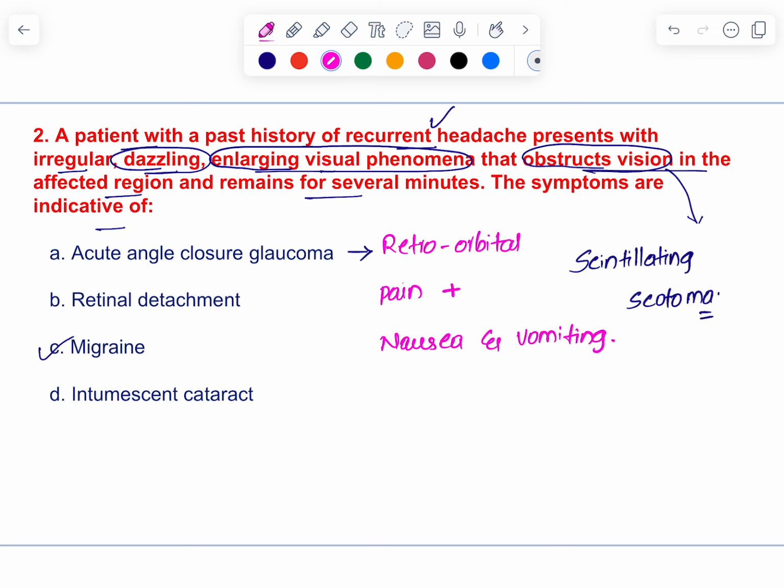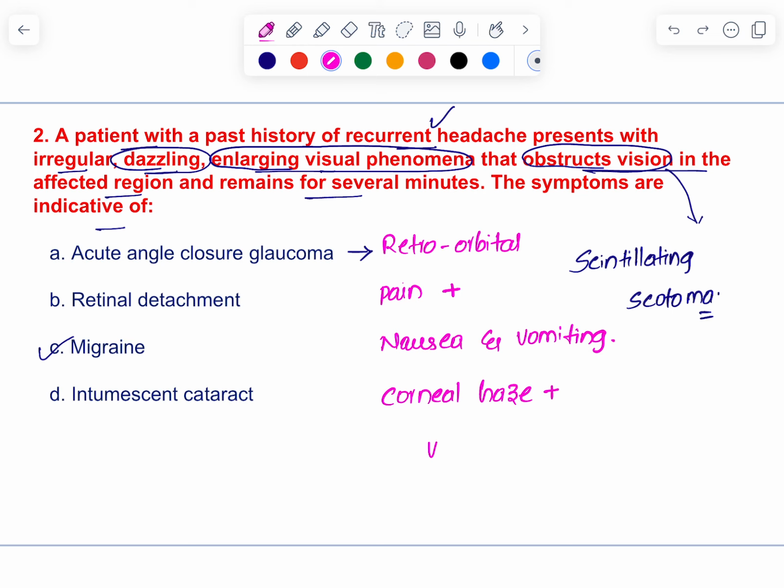That is the feature of the acute angle closure glaucoma. And in case of acute angle closure glaucoma, the eye will have ciliary congestion with shallow anterior chamber of the eye. And you will also notice that there is corneal haze, right? There is also a corneal haze, and in these patients there will be,